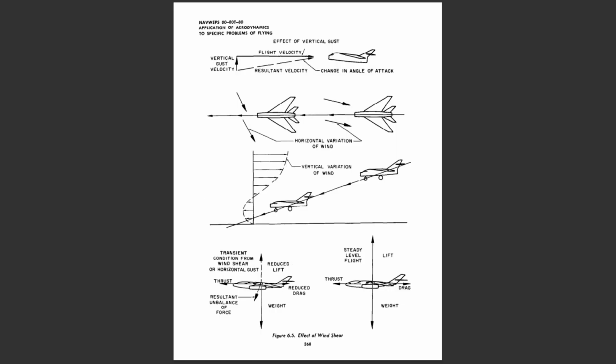The effect of the vertical gust has important effects on the airplane at high speed because of the possibility of damaging flight loads. The mechanism of vertical gust is illustrated in Figure 6.5, where the vertical gust velocity is added vectorially to the flight velocity to produce some resultant velocity. The principal effect of the vertical gust is to produce a change in airplane angle of attack, e.g., a positive up gust causes an increase in angle of attack while a negative down gust causes a decrease in angle of attack. Of course, a change in angle of attack will affect a change in lift, and if some critical combination of high gust intensity and high flight speed is encountered, the change in lift may be large enough to cause